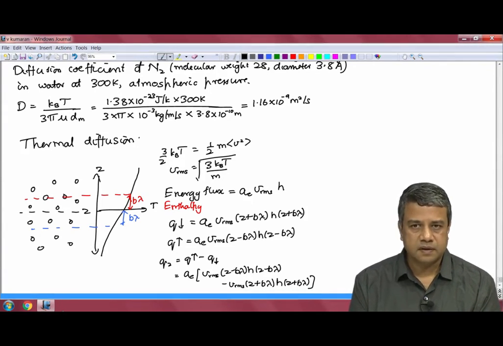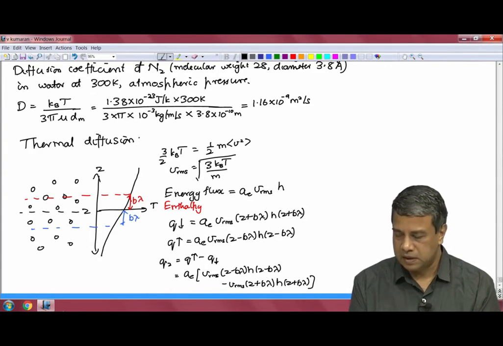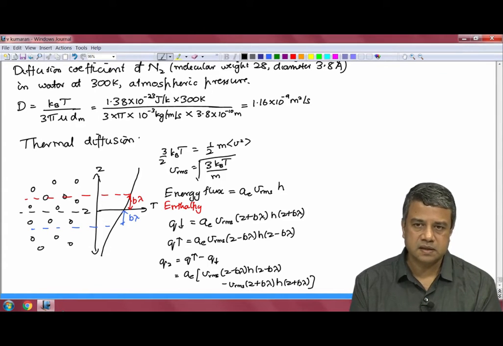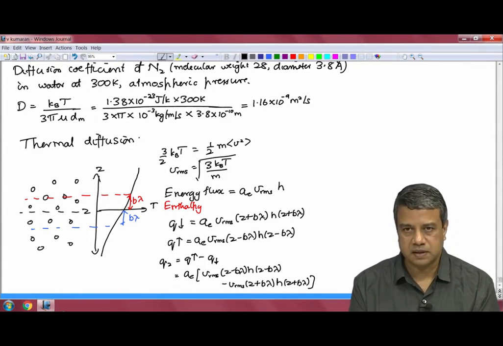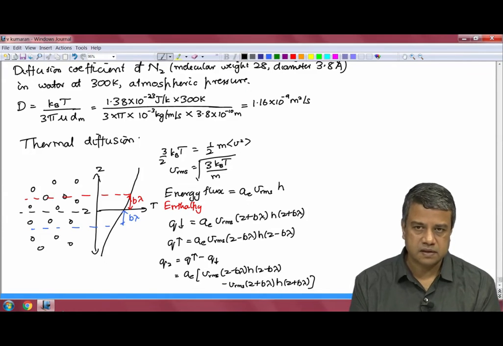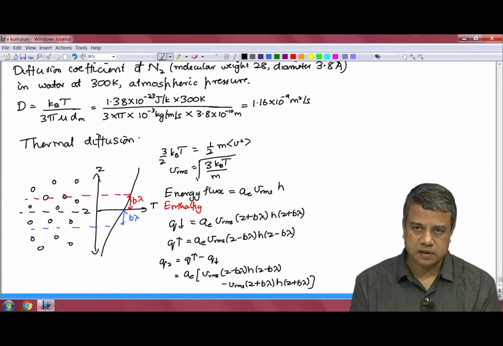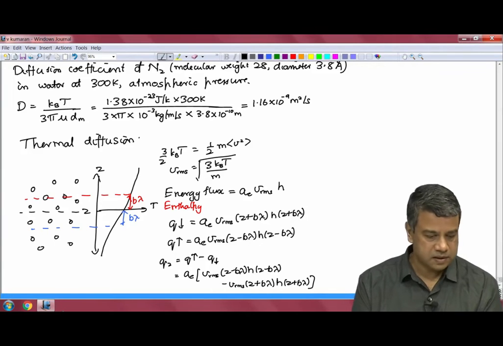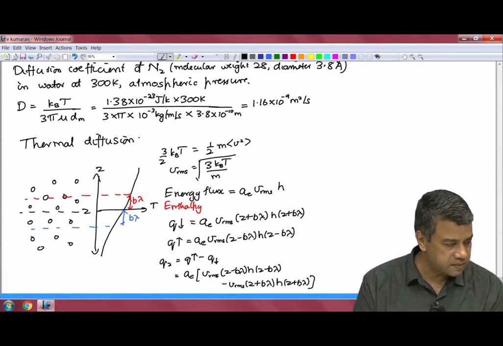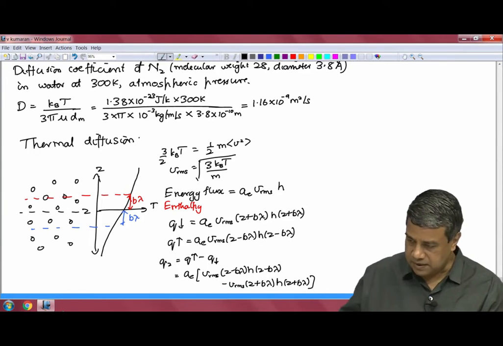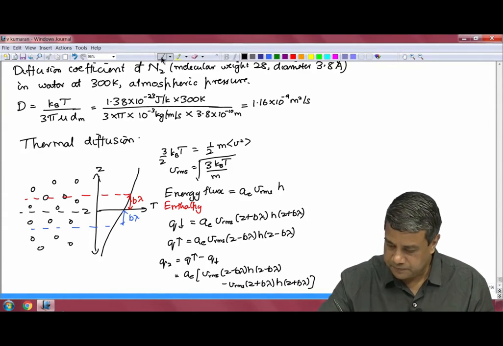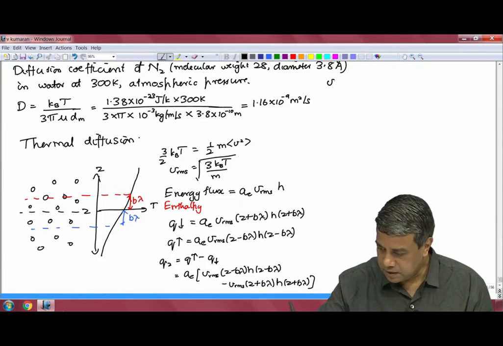Now, if the mean free path is small compared to the macroscopic scale, in this case the macroscopic scale is the length scale for the variation of the temperature, so if the mean free path is much smaller than the length scale of the variation of the temperature, then I can use an expansion for each of these terms. So, for example, Vrms